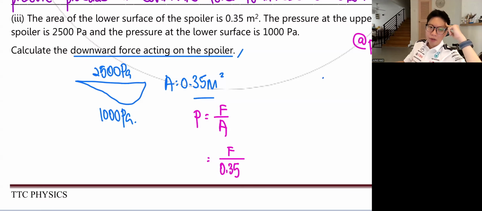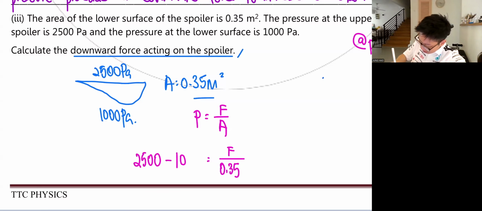Oh, okay. So what we usually do is that we will minus off, right? Correct? Why? Because we want to find the pressure difference, right? So therefore we take 2,500. We will minus this with 1,000 Pascal. So ultimately, we will have the pressure to be 1,500 equals to F